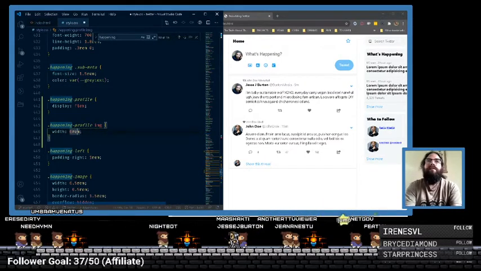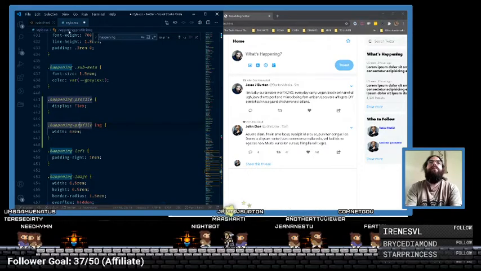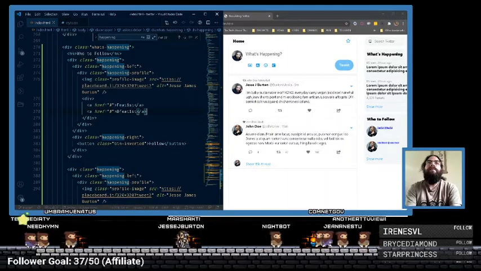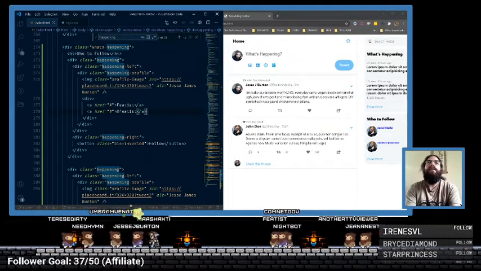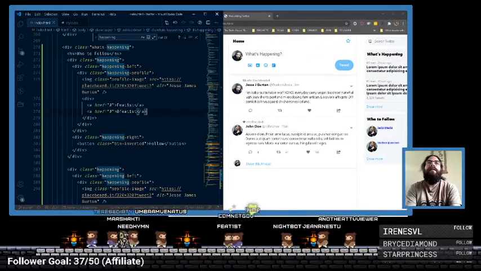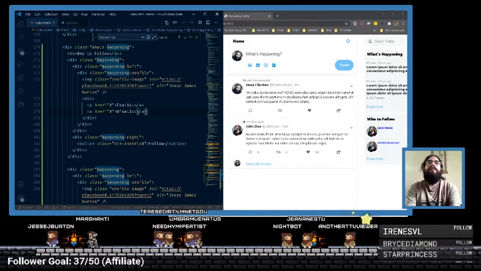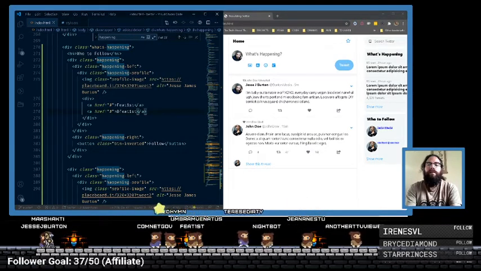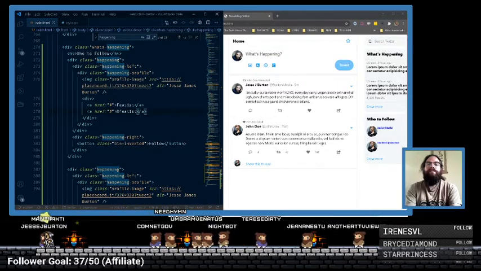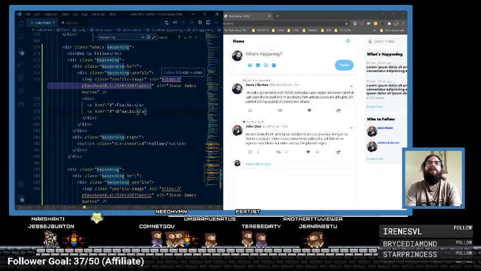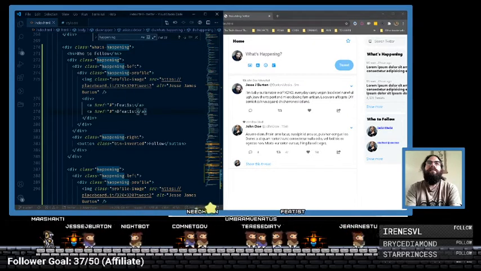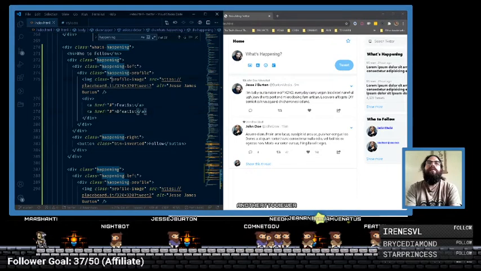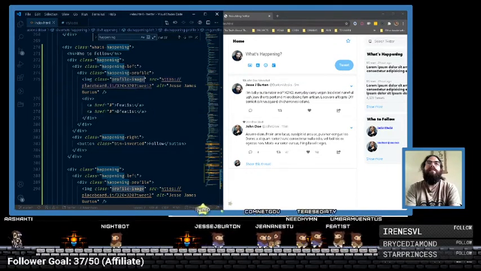So a couple of ways to solve this. We can be a little bit more explicit in our selector. So we've got our happening profile, and then we've got an image. So we were saying an image within the happening profile, make it that particular, adjust those styles to it. But the thing is that by specifying happening profile image, when we have a dot profile image, that's going to take precedence